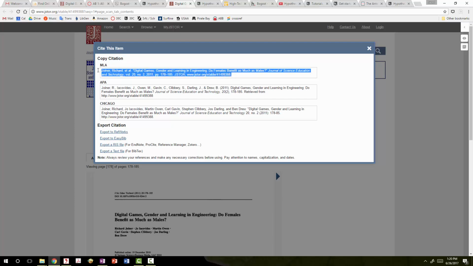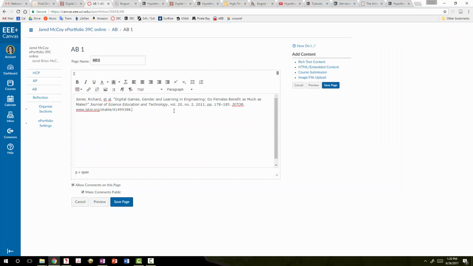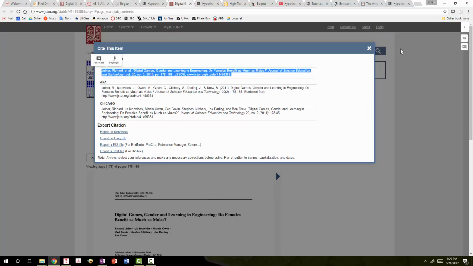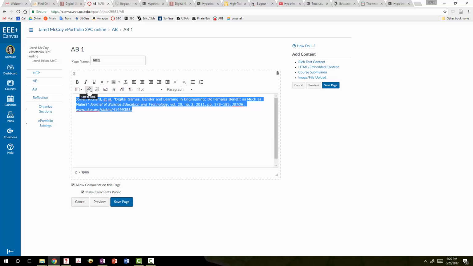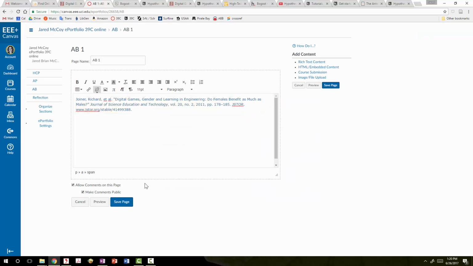So now that I've done that, I'll copy my hypothesis link and then hyperlink it to the text of my citation by choosing Link to URL and then pasting the hypothesis link. That way, my annotated bibliography becomes instantly accessible and redirects me to the specific annotations with a single click.